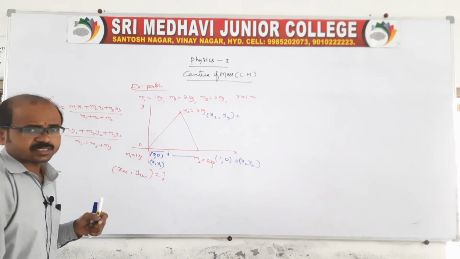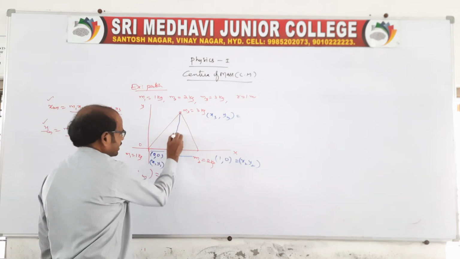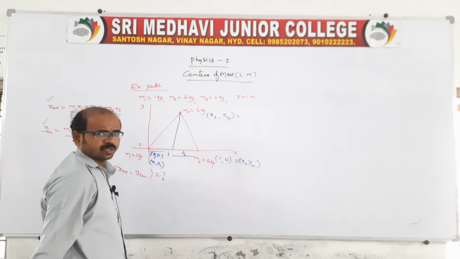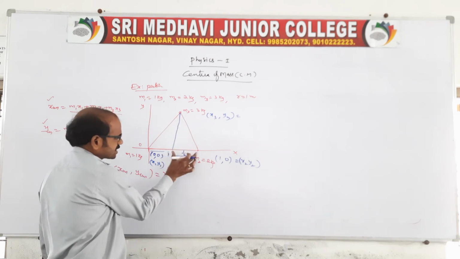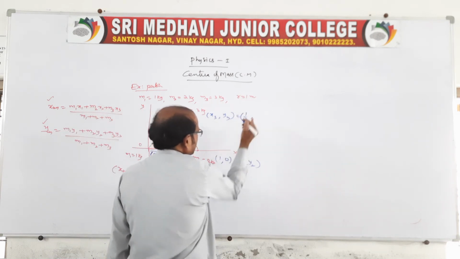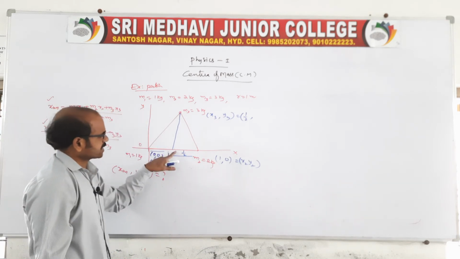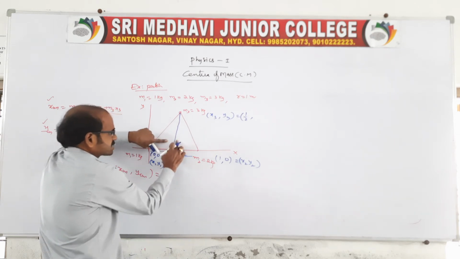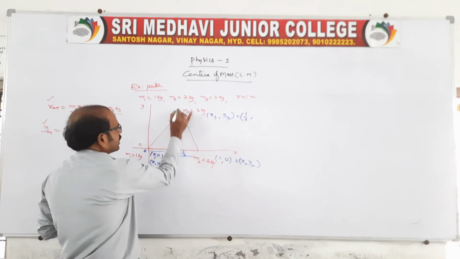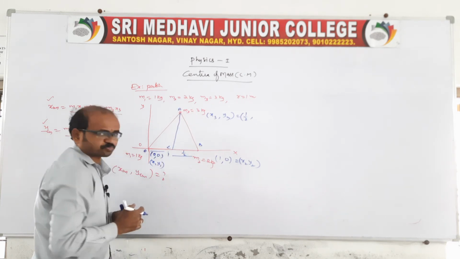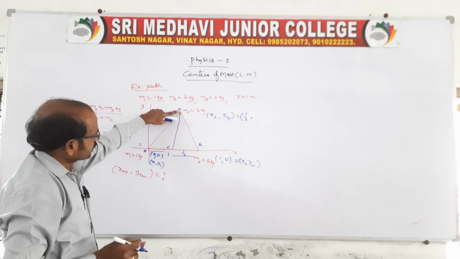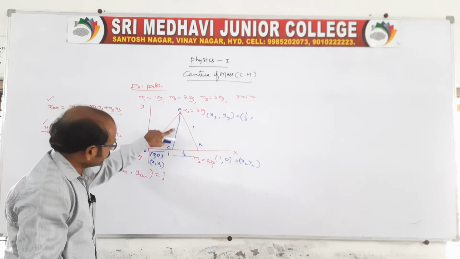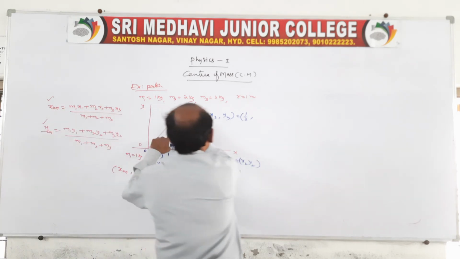Sir, how will we get this x3, y3? Suppose you draw a line from the center like this. So this becomes 1, no? In this, 1 is nothing but half. So this line indicates the y-axis and this line indicates the x-axis. So in this, 1/2 is the x3. It is almost parallel to the x-axis, no? But we don't know this line's length, or the height of this. Now we should find this height. So you take the origin O, this is A, and this is B and C. Look at the triangle ACB. This is 1 meter, and this is 1/2, but we don't know this height. Use Pythagoras and get the y3 value.